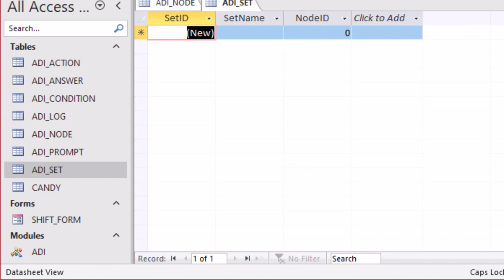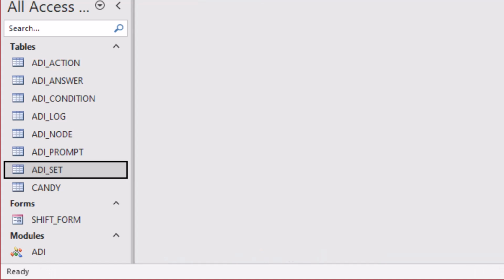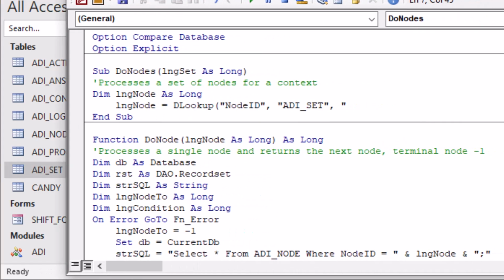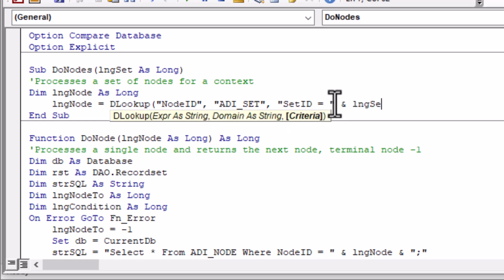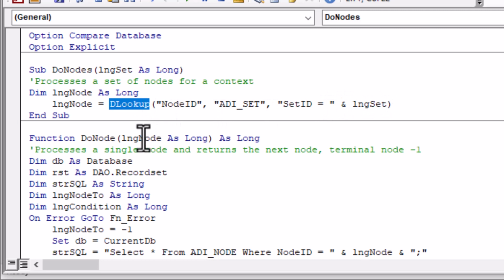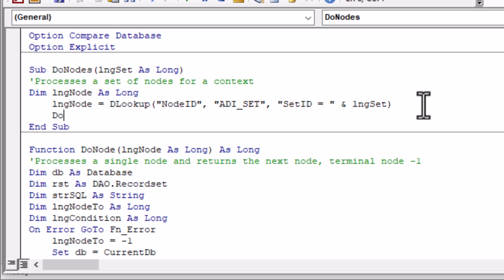So that's the set name and the ID. The set name is the friendly name. That's what we're going to be putting in forms later. So the users will choose something like price change check. That's what they'll be selecting in a form. But we're going to be working with the integers right now, and so we'll say get that node ID from ADI set where the set ID is equal to the set integer there. And then once we have our starting node,